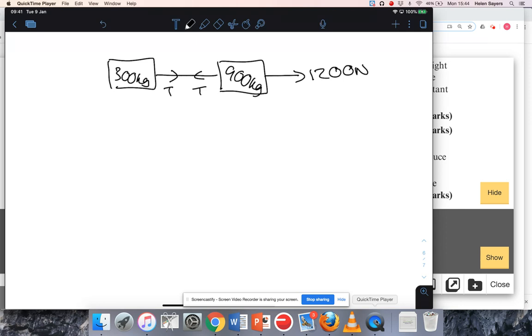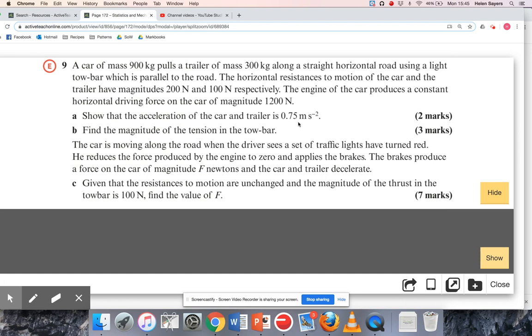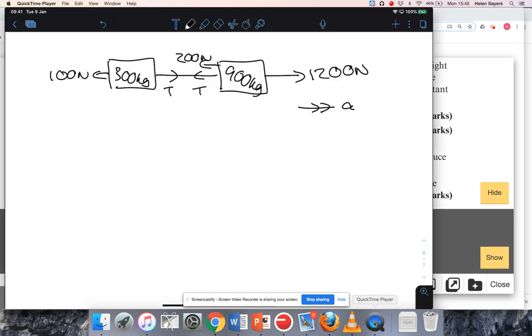The car has a resistive force of 200 newtons, and the trailer has a resistive force of 100 newtons, and the whole thing is going to be accelerating to the right. They don't actually tell me the acceleration, but I need to show that it's 0.75 for part A. Okay, so I'm going to need to model the whole thing as a single body because I